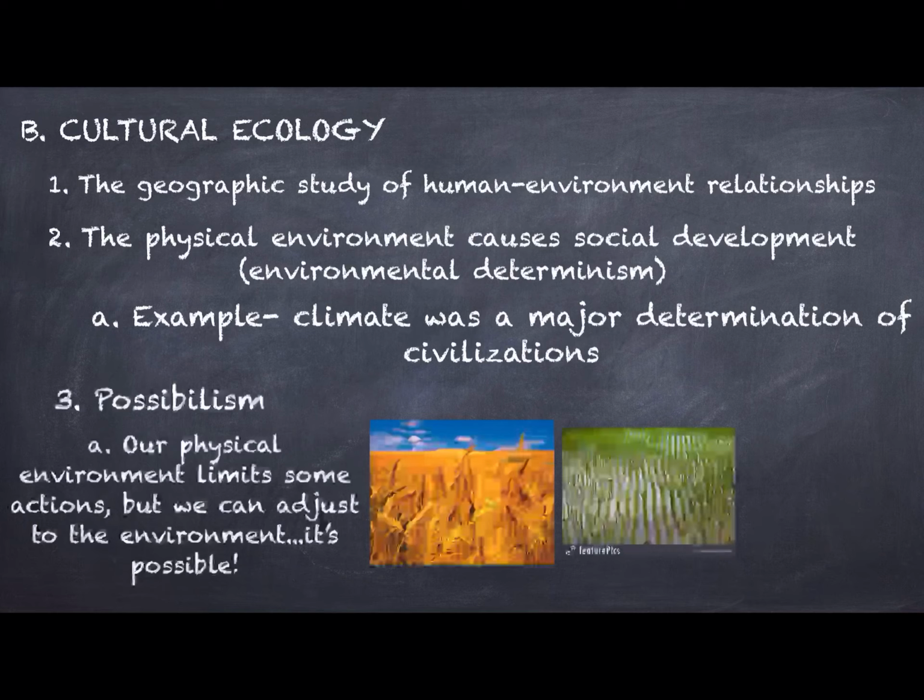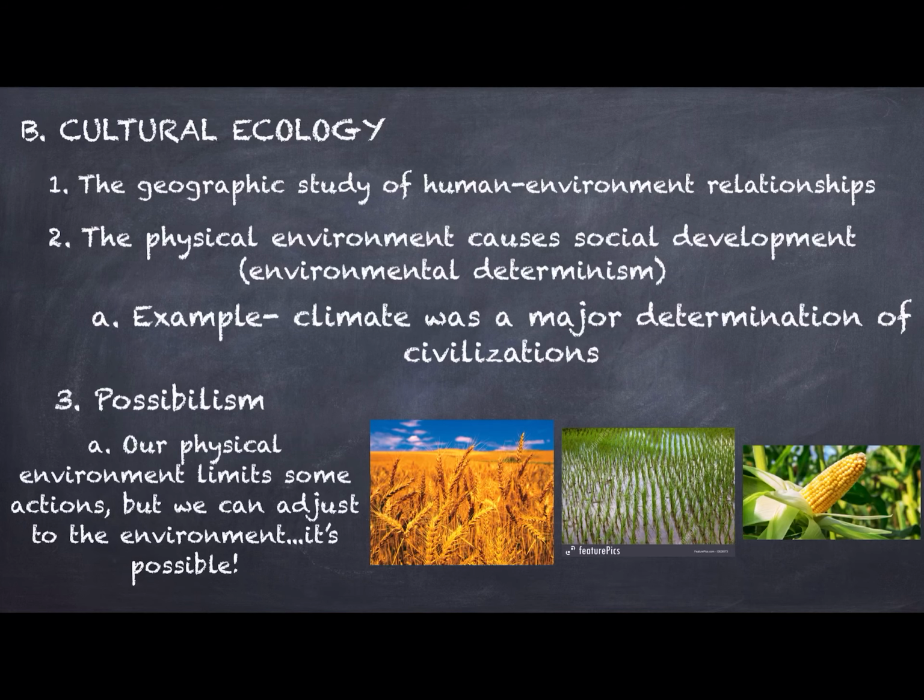Now, rice, for you farmers in the crowd, needs a lot of water. So the climate in East Asia, in China, where it rains a lot, and in Southeast Asia, Vietnam, that area of the world, rice is cultivated tremendously there because they have a lot of rain. You can't produce rice in places where it's cold. You can't produce rice in places where there's not a lot of rain. Corn is another one, okay? You don't hear about corn being grown anywhere in the world except here in the Americas, okay? And that's why it was first grown here, okay?